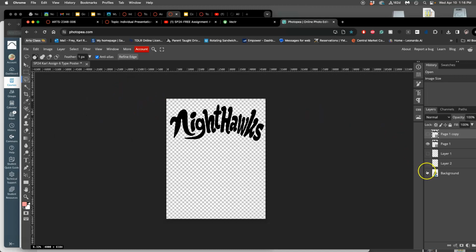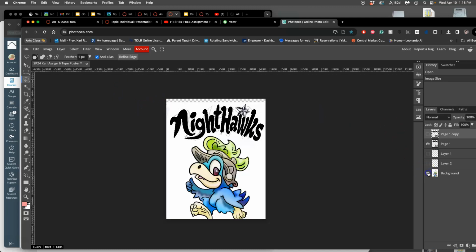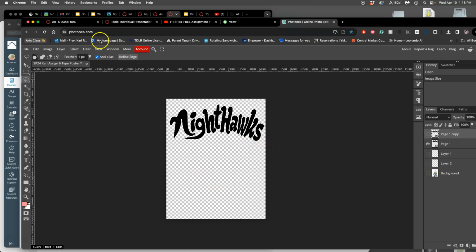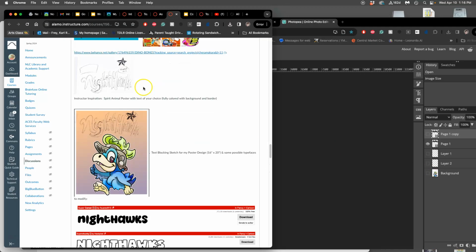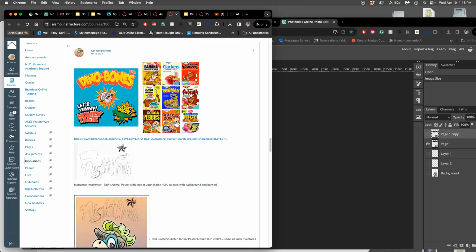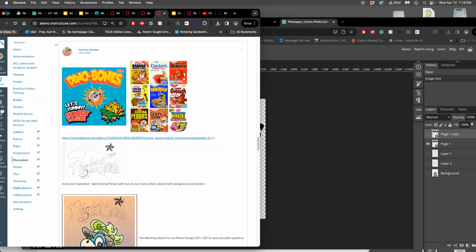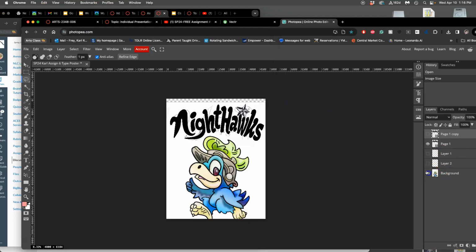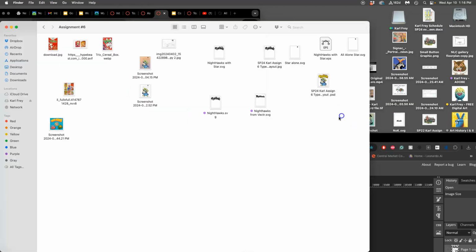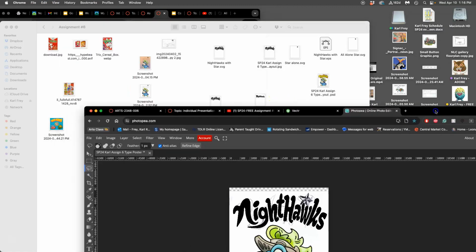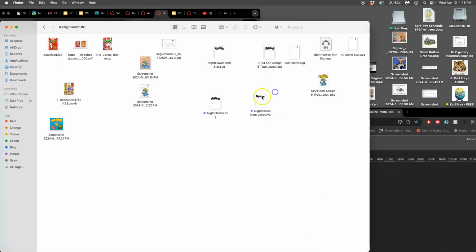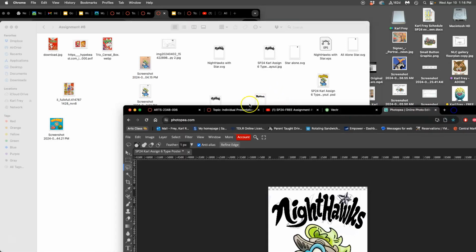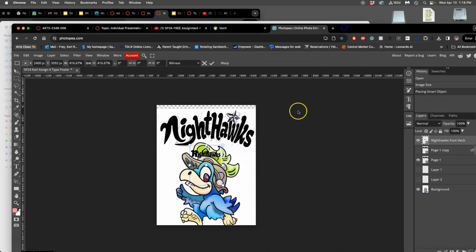All right, now I am thinking of my cereal boxes and these kind of inspirations and trying to think, how do I want to color this text? Now let me show you how I would do it with the new SVG I made, even though I'm not going to use it, just because I demoed it. If I wanted a more medieval take on the Nighthawk, I just dragged and dropped the SVG in,